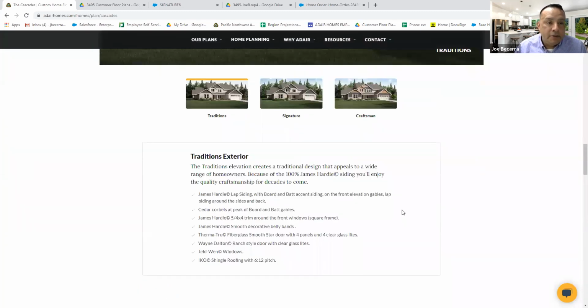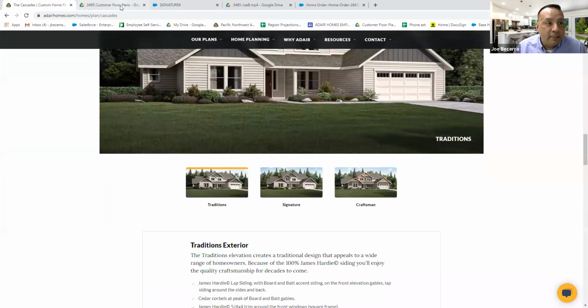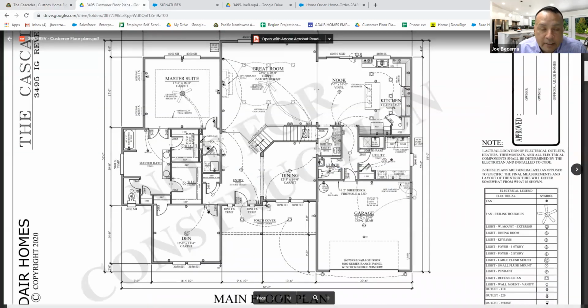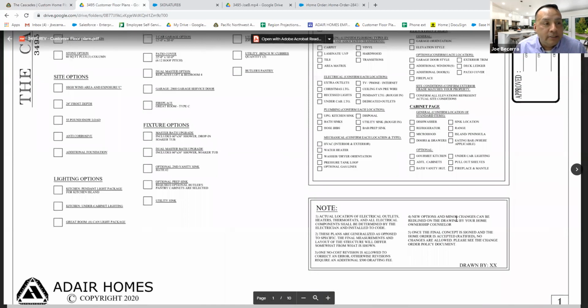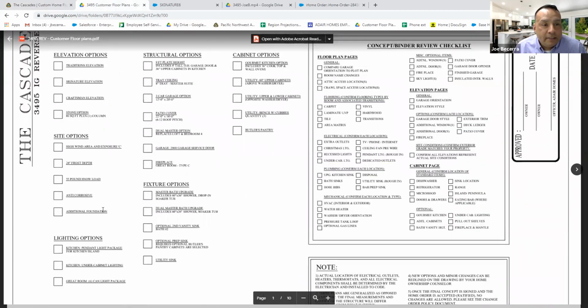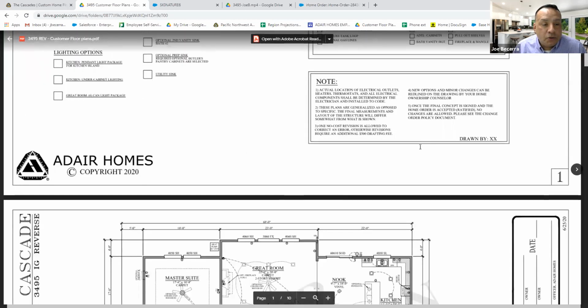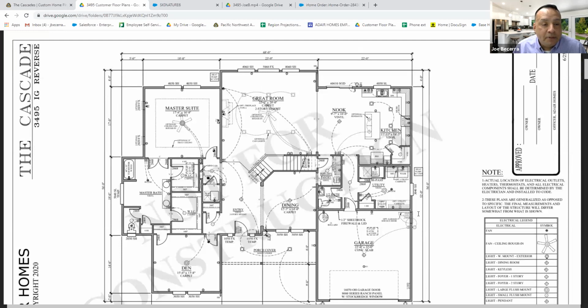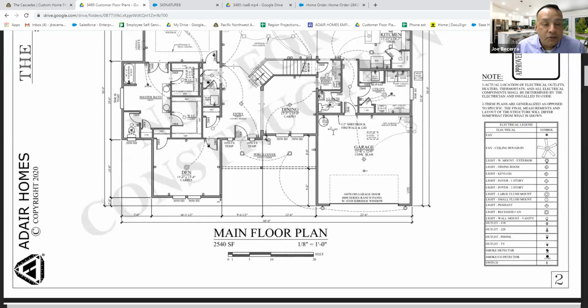Okay. So again, particular to this plan, I wanted to take a quick look at this is how a home starts out when you're building with Adair. It's a cover sheet and it's going to signify what you're selecting, if there's any site options that you're doing, different structural options that are most common that people really like to add or at least consider. And then as you scroll down, it gives you the actual plan here. So again, you'll see this is just a great giant house, so beautiful. And as you scroll down,